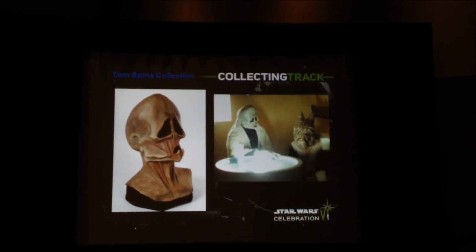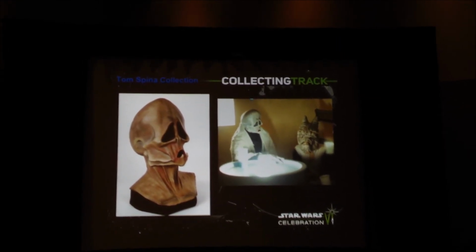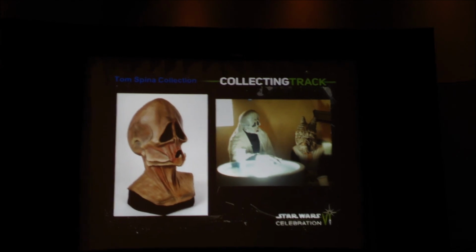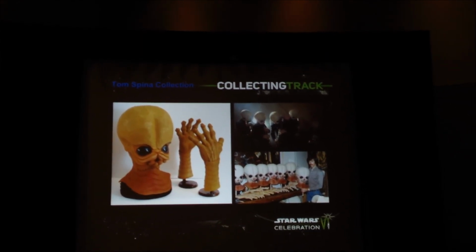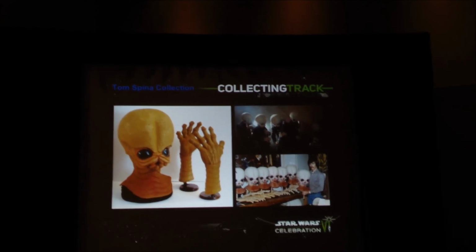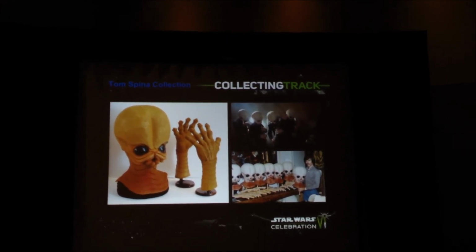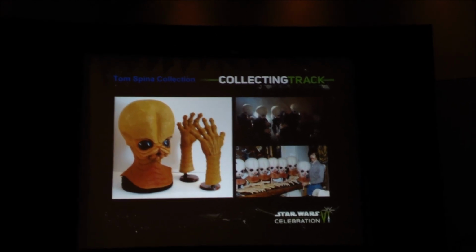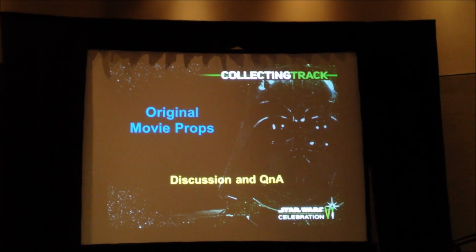And then this is another Cantina alien. You don't get to see him very well on screen, but there's lots of behind-the-scenes photos, and it's another just wicked design. And there's one of the band members and a pair of hands, and the Prop Store guys have one of these as well, and that's at their booth downstairs if you want to go look at it. We did the little display mount and some restoration on the hands on that one for you. So we're going to jet past this Q&A because we're